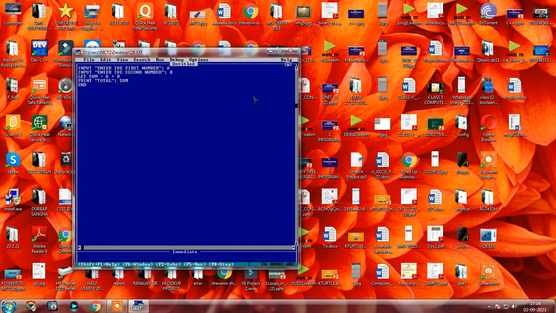So here what you do is that you're accepting the numbers. So actually you can use the rem statement. Rem means remark: to find the sum of two numbers. Right? So this is the thing, and now see, enter the first number, so you are inputting and putting it into A,